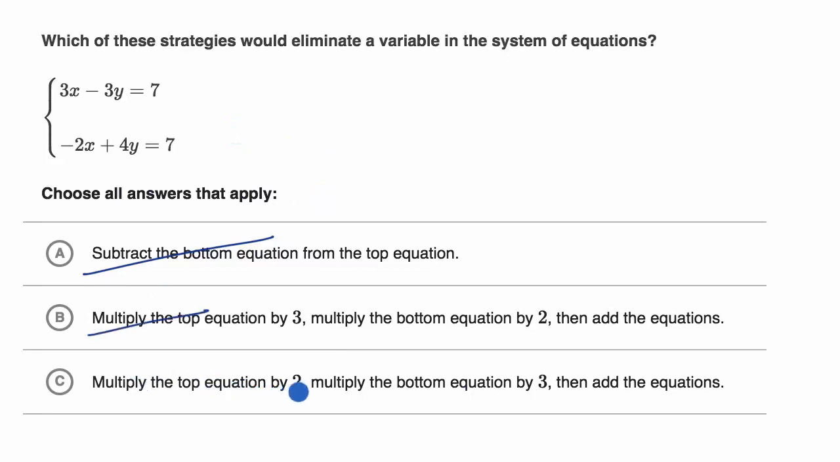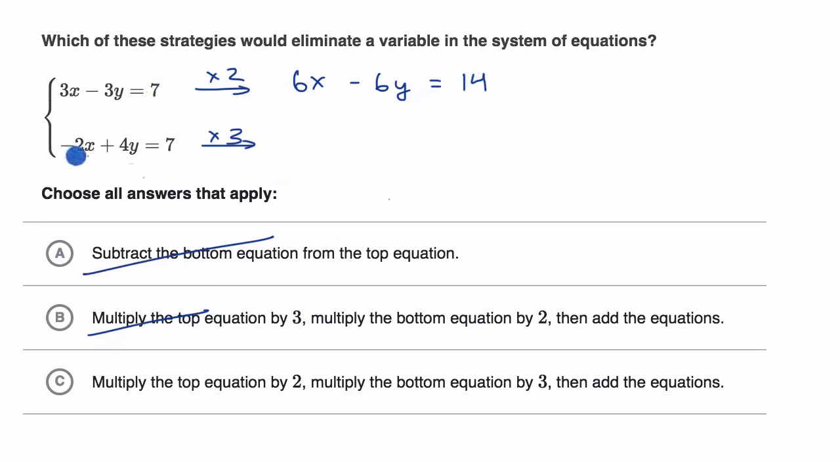Multiply the top equation by 2. Multiply the bottom equation by 3. Then add the equation. So they're telling us to do it the other way around. Pause the video. Does this work? All right. So we multiply the top equation by 2, and we're going to multiply the bottom equation by 3. So the top equation times 2 is going to be 6x minus 6y is equal to